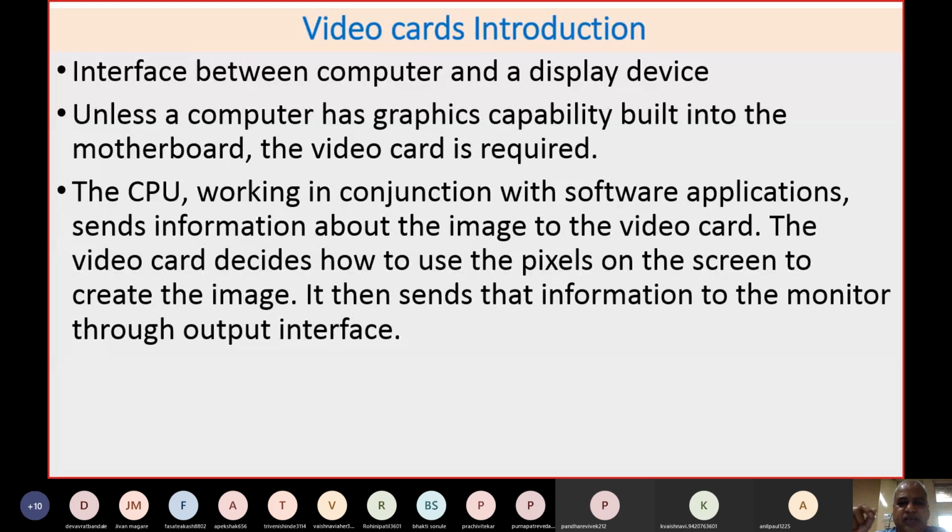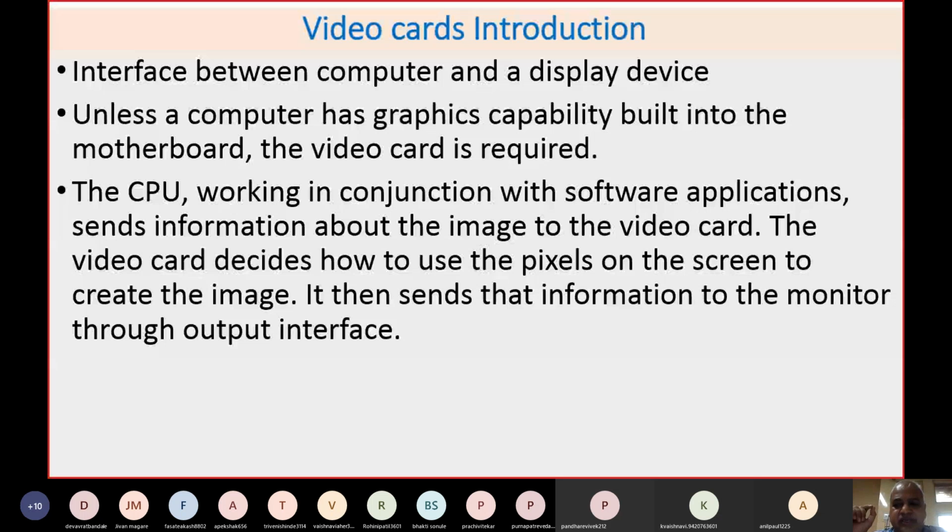The CPU, working in conjunction with the software applications, sends the information about the images to the video card. The video card decides how to use the pixels on the screen to create the image. So this is the basic function of a video card. It is responsible for showing the images onto the screen. It manages all the pixels of the monitor.